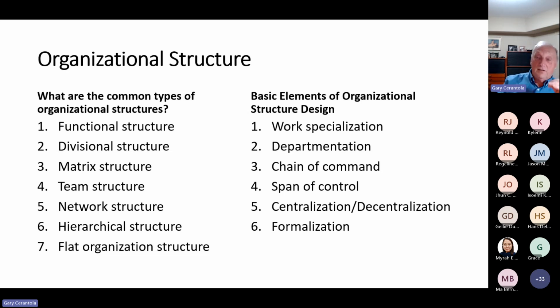And then we talked about chain of command, and you should really understand what chain of command is. Again, chain of command is that from the top, how does that get down to the employee at the line that's interfacing with the customer, or producing the product or the service that goes to the customer. So you gotta understand that the chain of command will be different based on a different structure. Okay, and then I talked about span of control a lot. The span of control will be different based on a different structure,